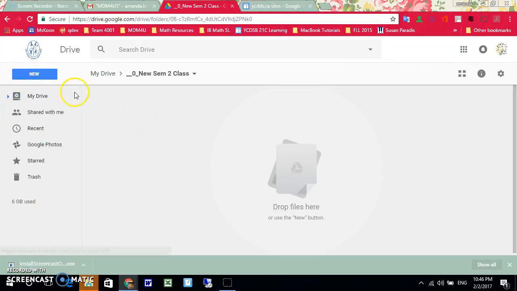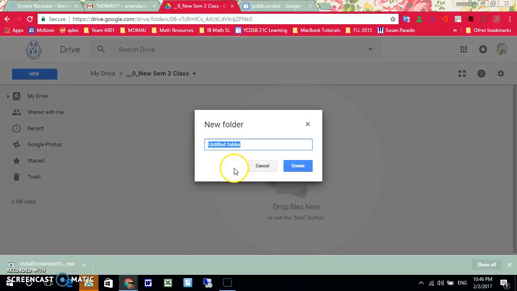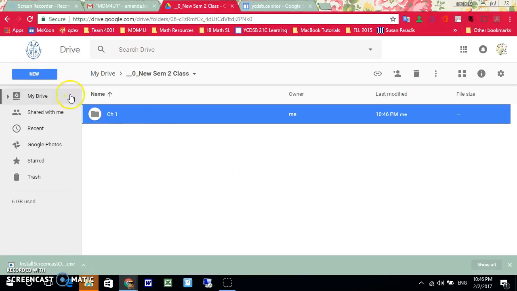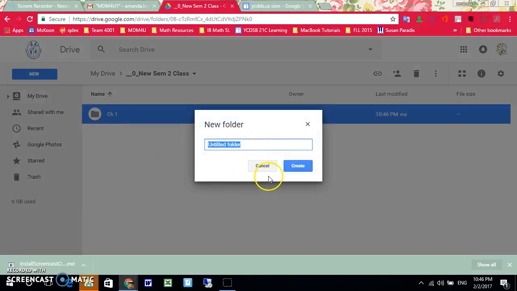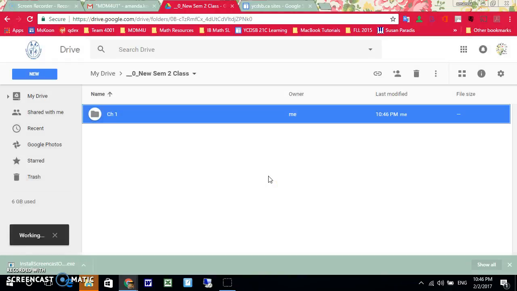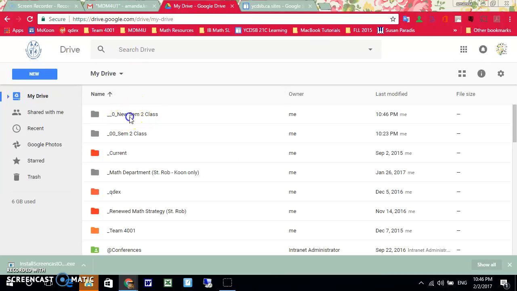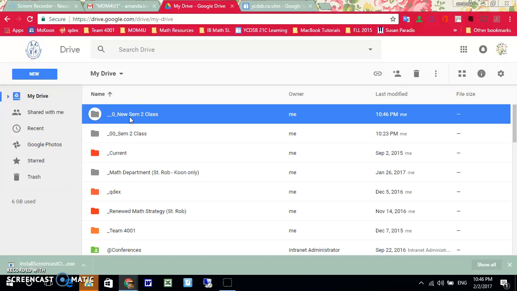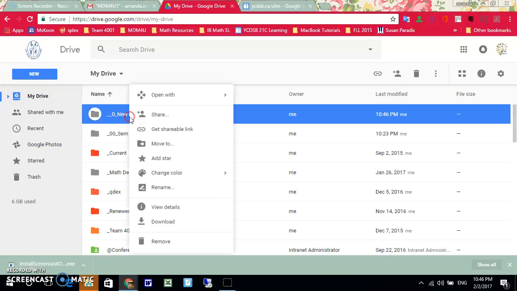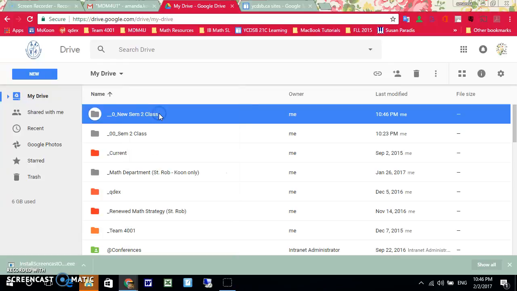You may also want to create a few folders within this course folder for the different chapters and so on. Okay, so go back to your Google Drive. So here is your new Sem 2 class folder. We're going to change the sharing setting. So right click, select share,